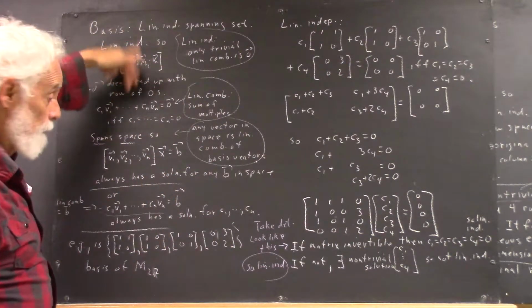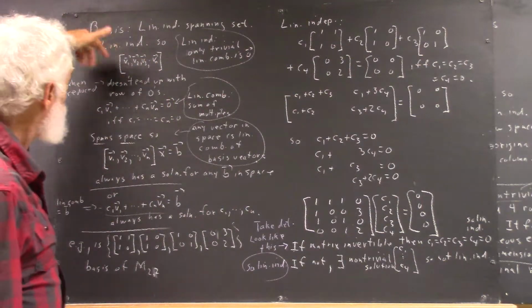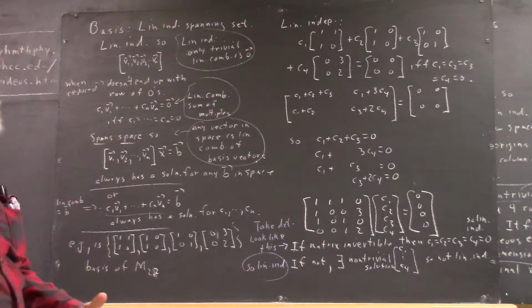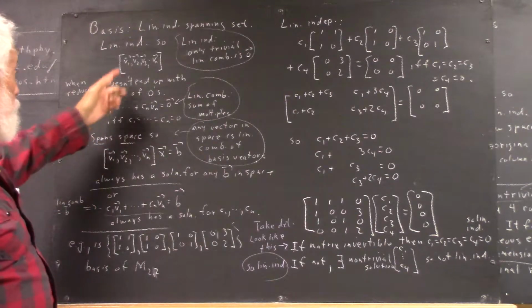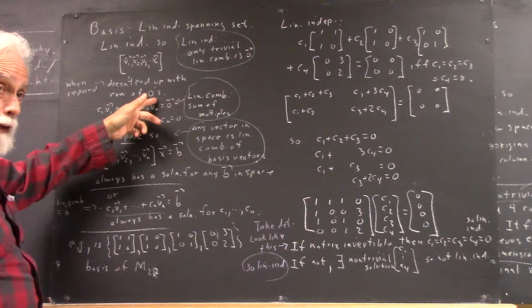Because we just put the column of numbers for each vector in the matrix, and we have a matrix. If the matrix doesn't reduce to a row of zeros, then we know that the set is linearly independent. Because if it reduces to anything with a row of zeros,